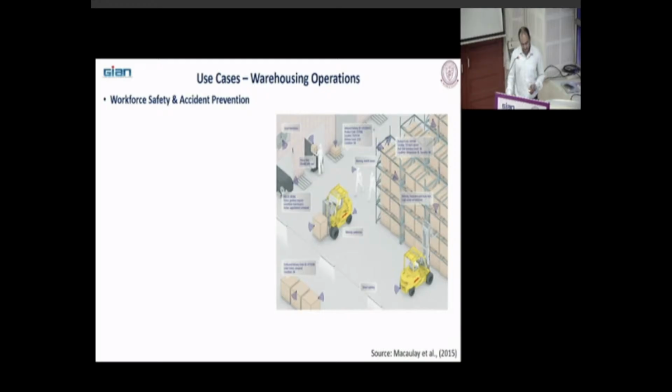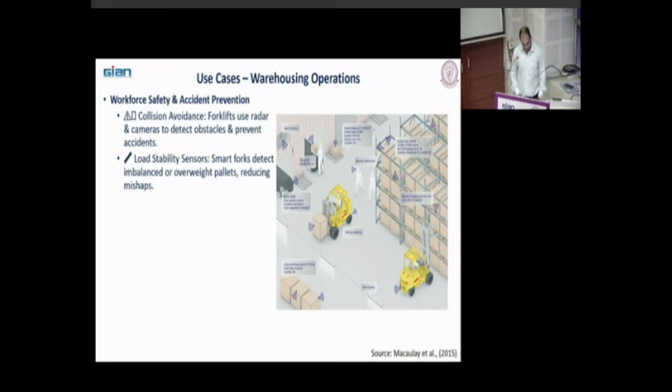Workforce safety and accident prevention. Collision avoidance: forklifts use radar and cameras to detect obstacles and prevent accidents.